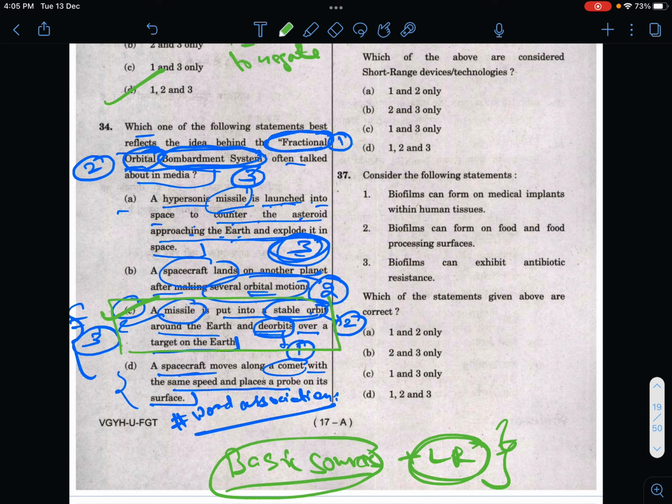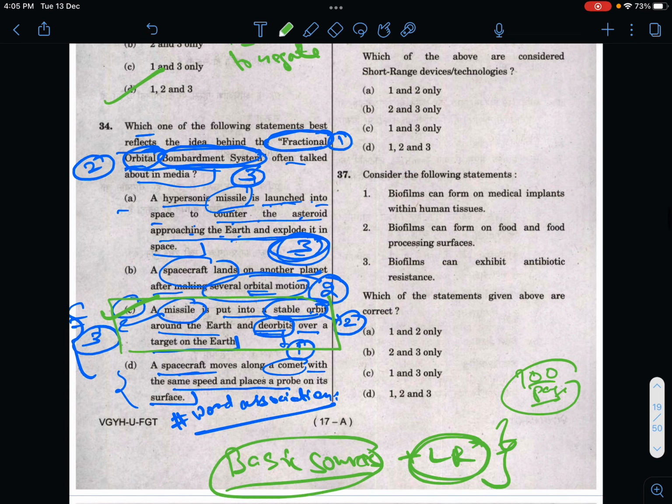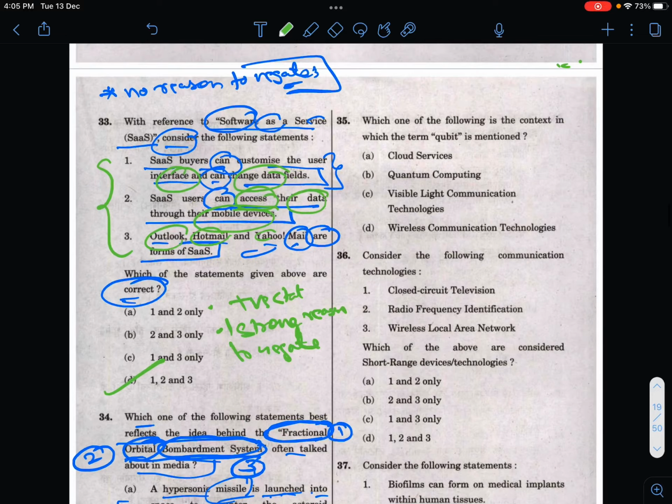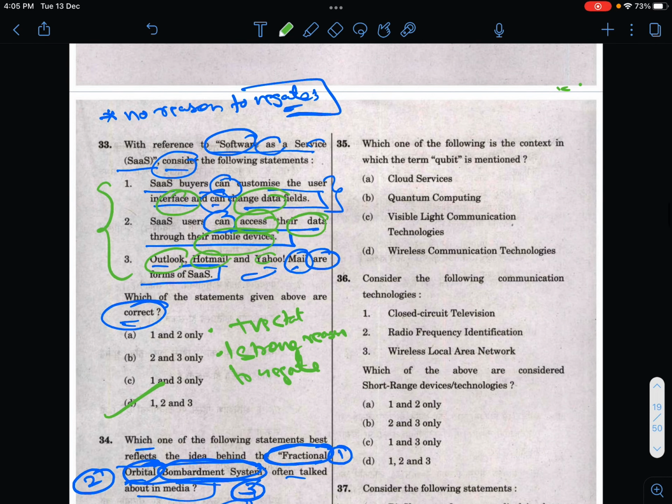Next year, let's say coaching is going to come out with a 100-page compilation on obscure, trivial keywords like these. I don't think it is either possible or desirable to go down that route and try to cram similar keywords. I hope this is going to help you in the further analysis. I hope you are going to analyze the questions by yourselves too, because every time you do it yourself, it opens your perspective to different ways of approaching such questions. So let's come to the next question.